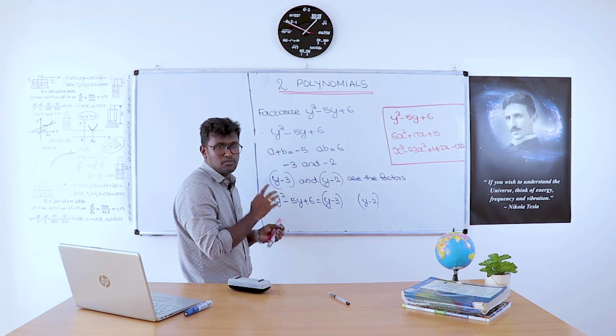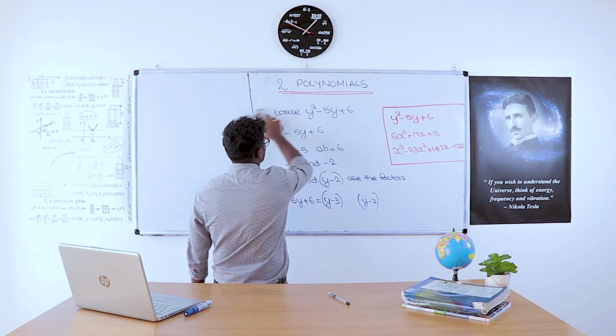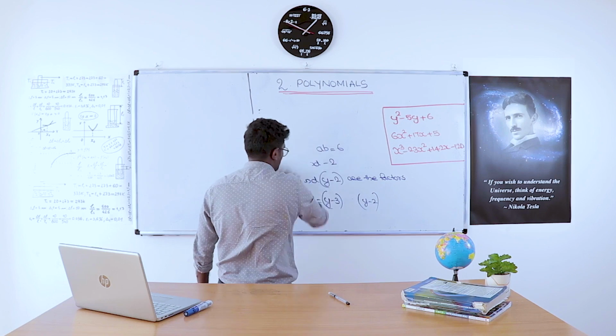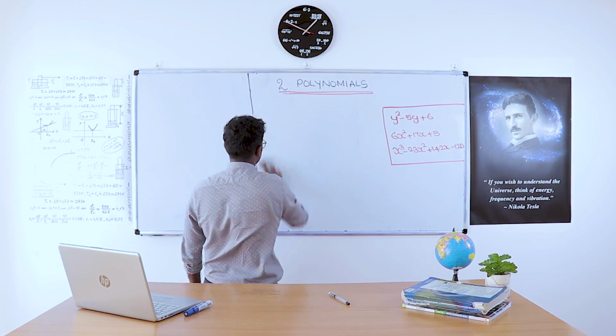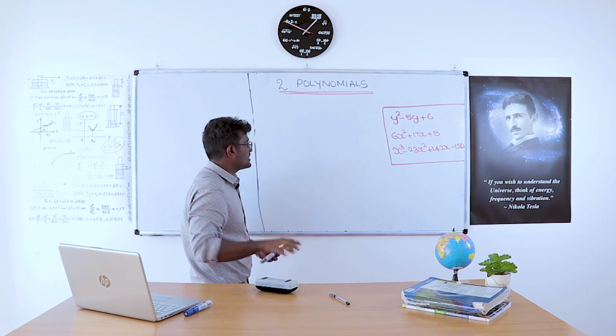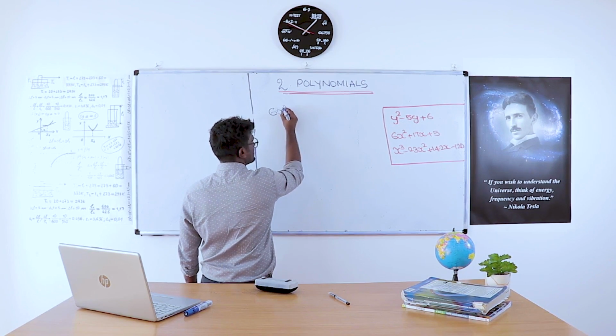So this is the method of middle term splitting and factorization. We will use another example, another equation: 6x square plus